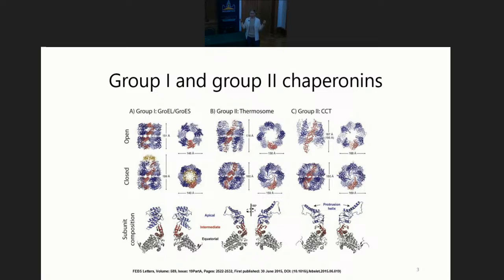So how does this complex assist protein folding? Well, the basic idea is also quite simple. Each ring possesses the central cavity, and inside this cavity there is a hydrophobic lining. And when the protein is partially unfolded, it has hydrophobic residues exposed on the surface, which is recognized by this hydrophobic lining, and that is how the protein gets trapped inside this cavity.